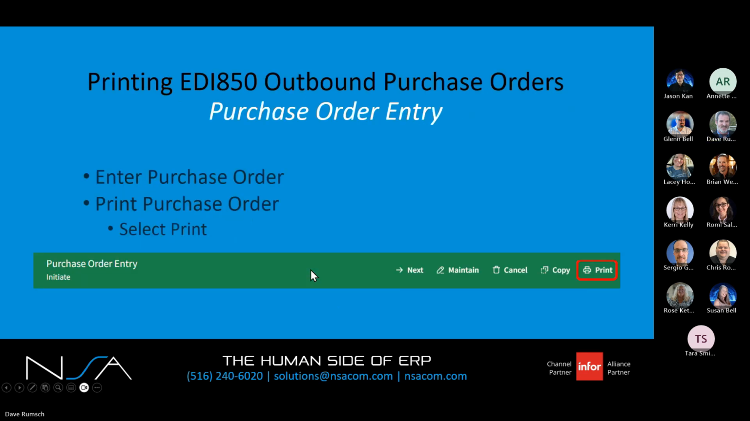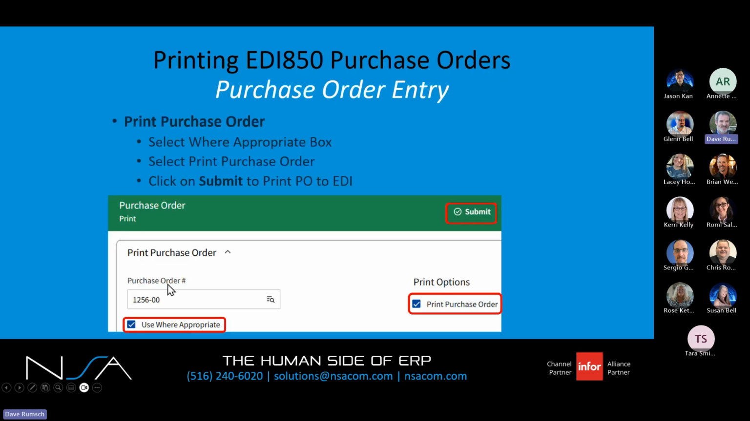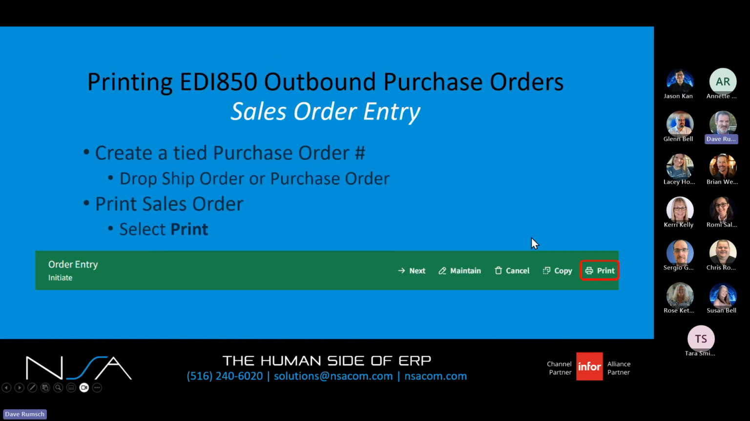Let's look at those. So purchase order entry, you're going to enter a purchase order, then you're going to print it. To do that, from the entry function, you're going to select print. This box will pop up with your purchase order number defaulted. You're going to select the use where appropriate box. You're going to select print purchase orders, and then you'll select submit. As long as you stay on the purchase order entry screen, these values remain checked. Once you leave, when you come back, you'll have to check them again. They're checked, you select submit, and that will send the purchase order out to the ION system